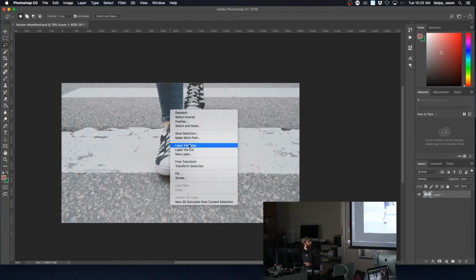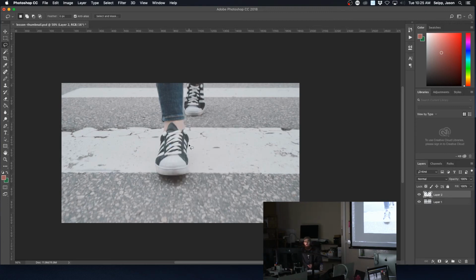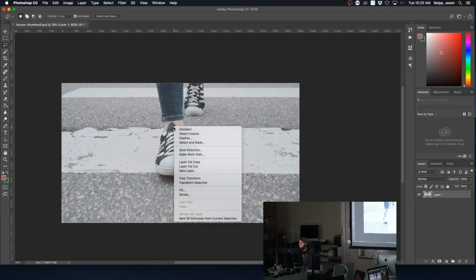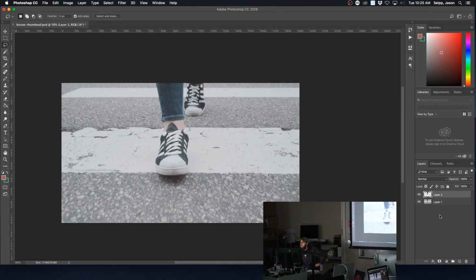And you want to do layer via copy. Okay. Now when you click layer via copy, everything goes away on your screen. If you don't have the lasso tool selected, you're not going to be able to create a new layer. So you have to make sure the lasso tool is up there. That's where I messed up. But you'll notice that if you control click inside of your selection and go down and choose layer via copy,